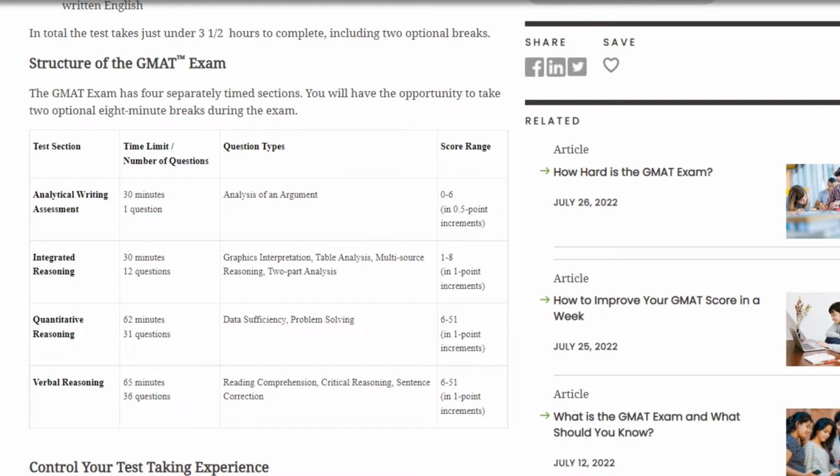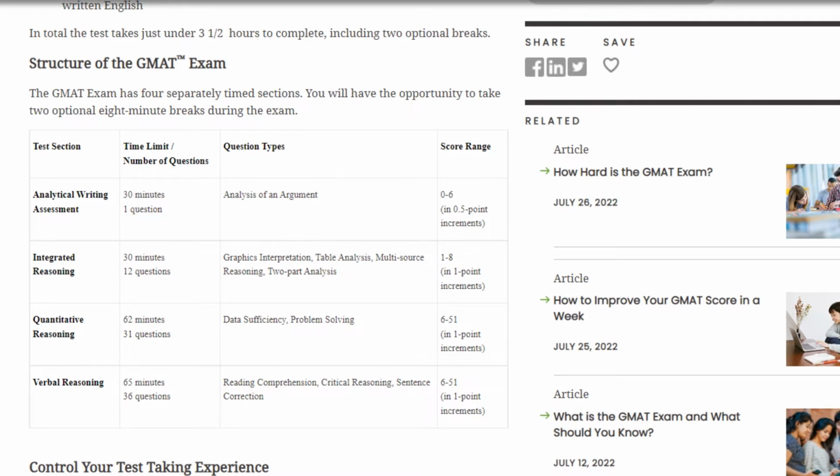They have the score range from 6 to 51. It is like the point system. The maximum point is 51 and the closer you are to 51, the better is your score. Ideally, you need to take 48, 49, 50 from quant, and from verbal, everything over 40, 41, 42 is perfect. Okay,